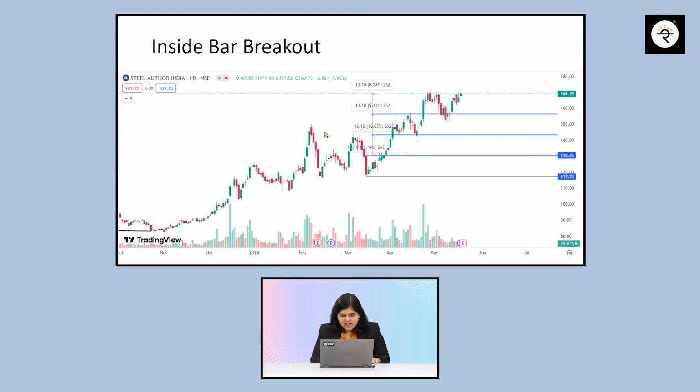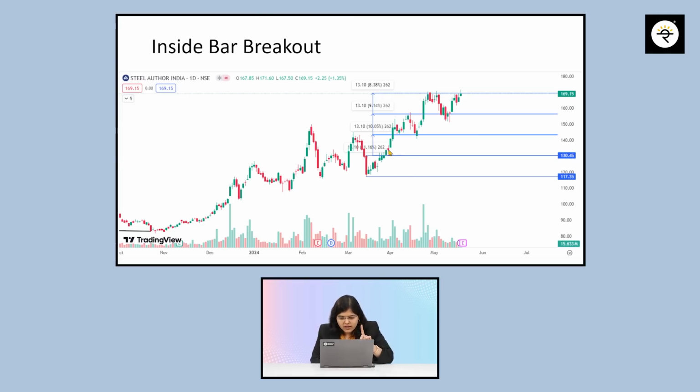Now here you can see that yes, this was also a down move, at the end of which we did see a big red candle followed by multiple inside bars, 1 2 3 4 5, almost 6 7 almost, because here also the closing is inside the range. Closing has to be outside. These wicks will not matter.